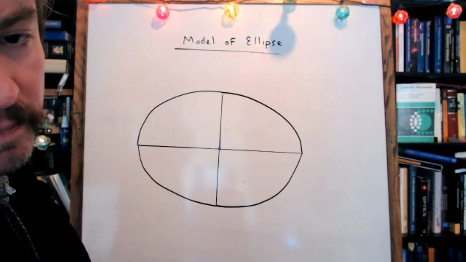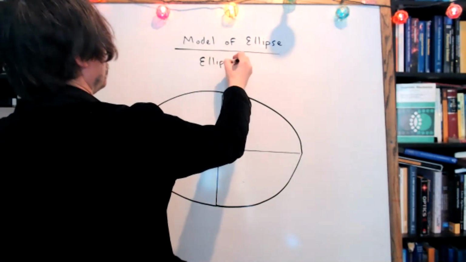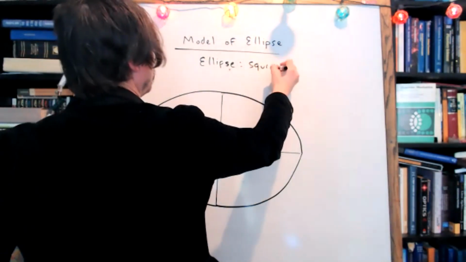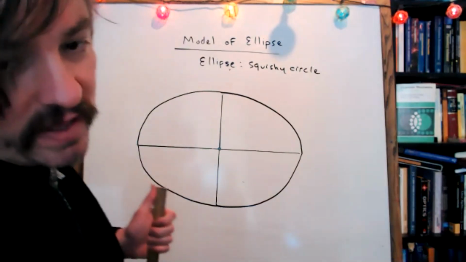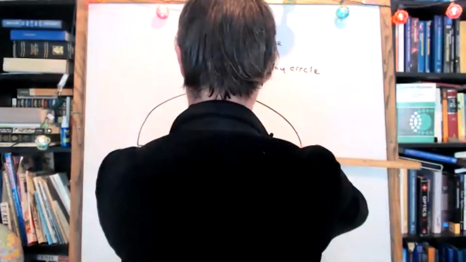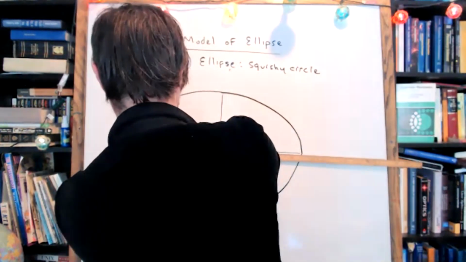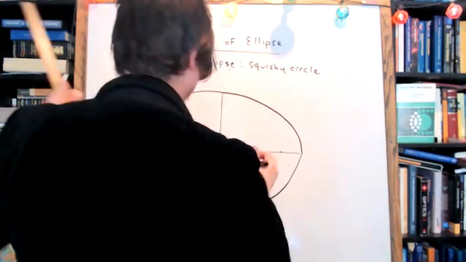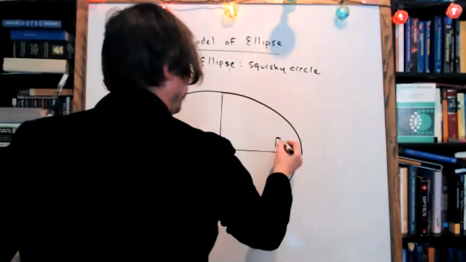Okay. Parts of an ellipse. So for us, our working definition of an ellipse for now is going to be a squishy circle, okay? That's our definition of an ellipse. And this squishy circle needs to have 2 focus points where we would have put the thumbtacks. I don't exactly know where mine should be, so I'm going to put them here. The focus points in an ellipse are called F1 and F2.